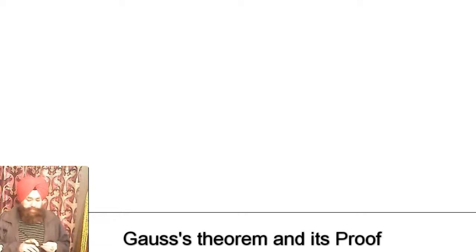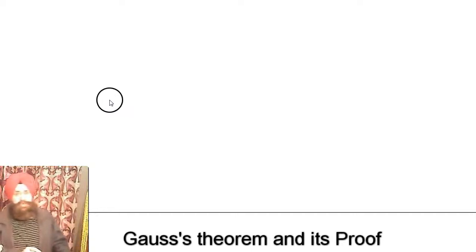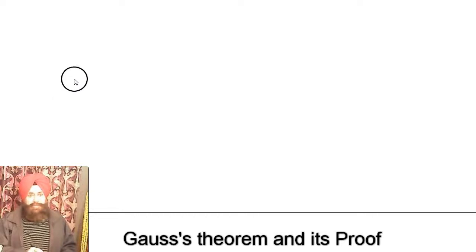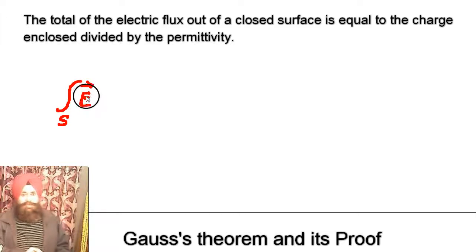Now, what is the Gauss theorem? A statement is: the Gauss theorem states that the surface integral, like this is an integral, and I put it here S. S means surface integral of electrostatic field, like E vector. E vector is the electrostatic field